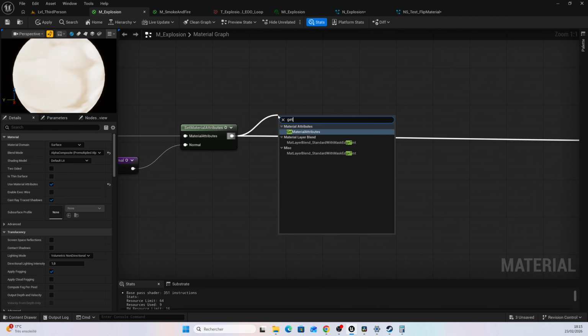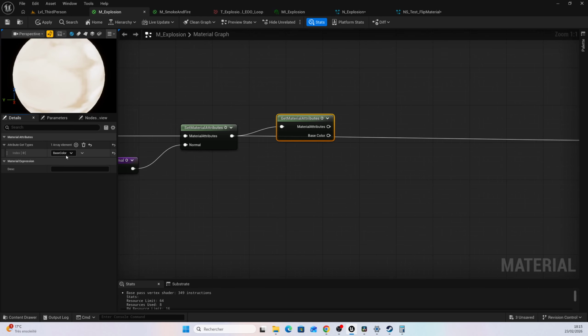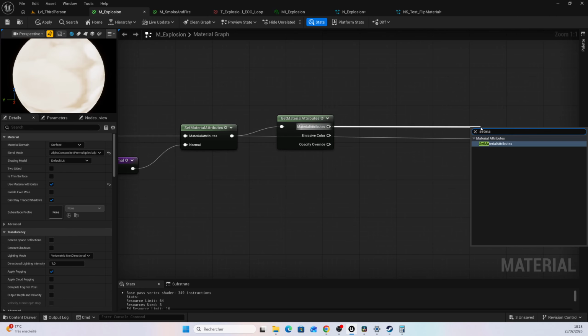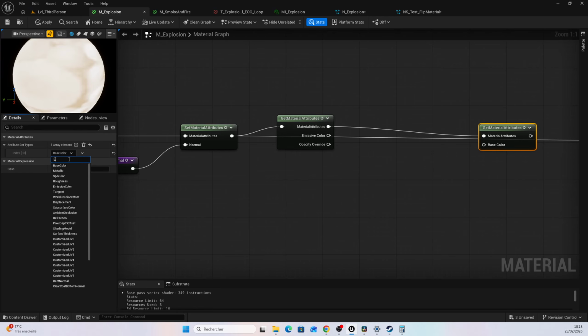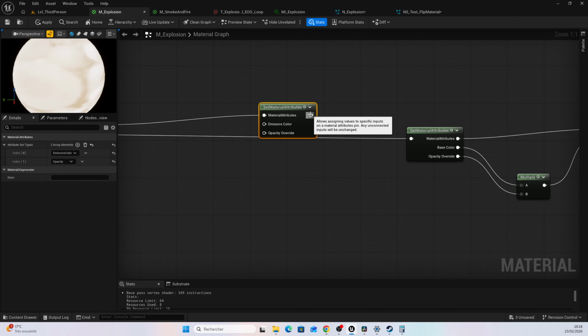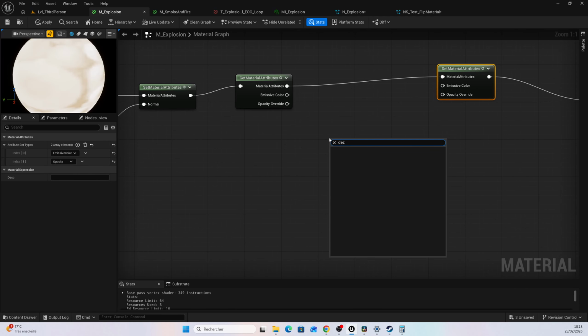So let's add get material attribute because we need to use emissive and opacity. At the end, again, we will set material attribute and we will set emissive and opacity, and we place it by this node, and we will call our node depth